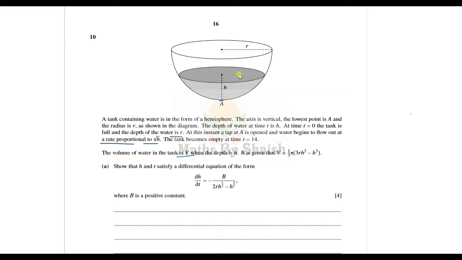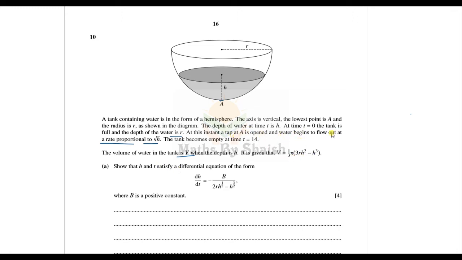The volume of water in the tank is V. When the depth is h, it is given by this. We need to show that h and t satisfy this differential equation. So first things first, the condition is V is given as this, and the condition is when the tap is